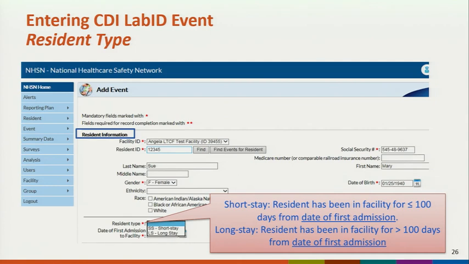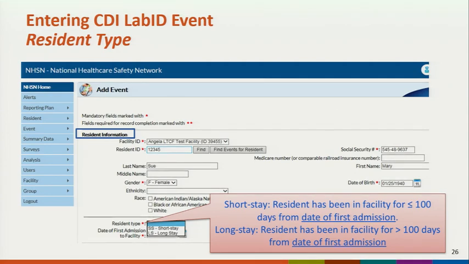For resident type, users will select between short stay or long stay. A short stay resident type would be a resident that has been in your facility for 100 days or less from the date of first admission. And then a long stay is defined as a resident being in your facility for greater than 100 days since the first date of admission,